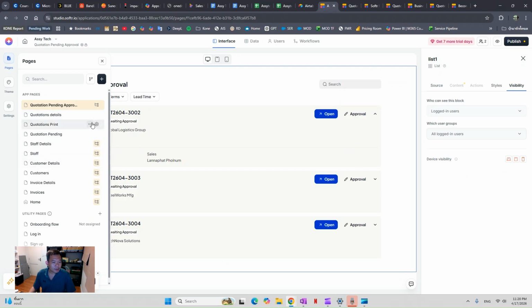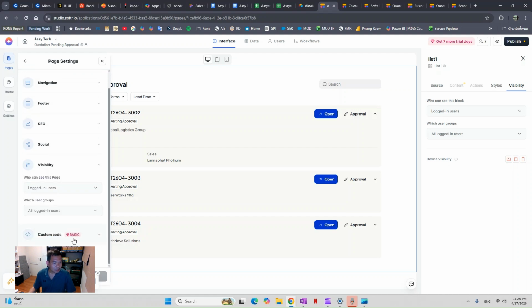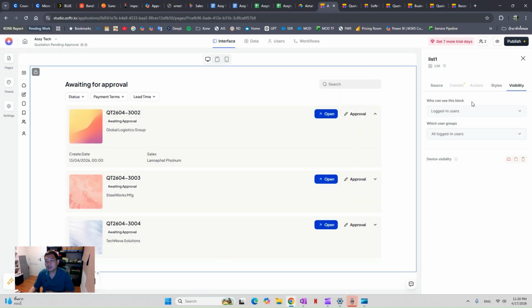It should be a page setup, visibilities here. Oh, it doesn't show me which. Yeah, I need to create it at one. Where was it again?